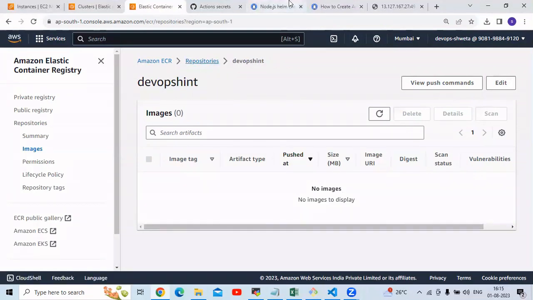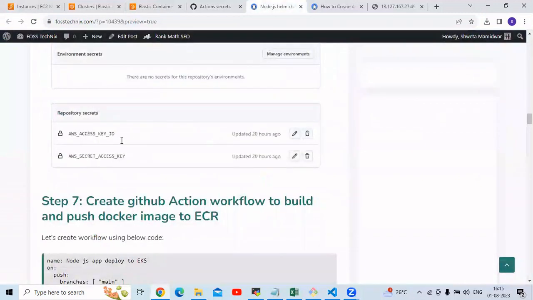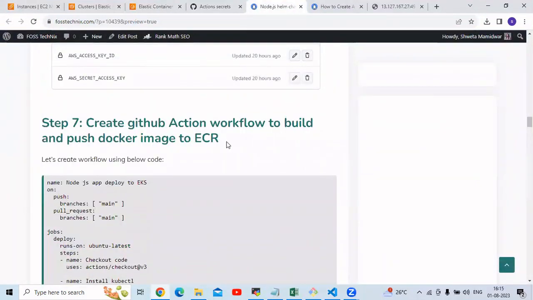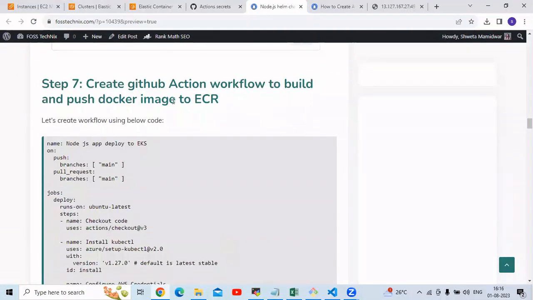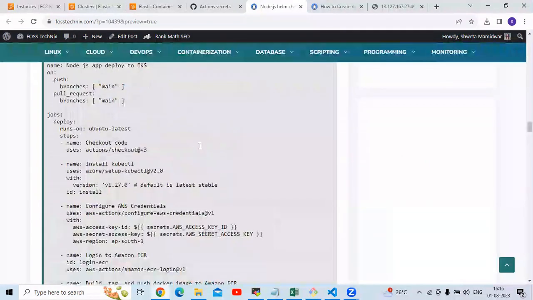Now the next step is we need to create our workflow. As you can see, create a GitHub Action workflow to build and push Docker image to ECR. So firstly, we are going to push the Docker image to ECR, right? Which image? Docker image, not Helm. So I'm going to create my workflow to build and push Docker image to ECR. I'm going to copy my workflow